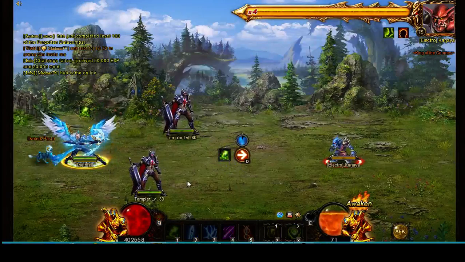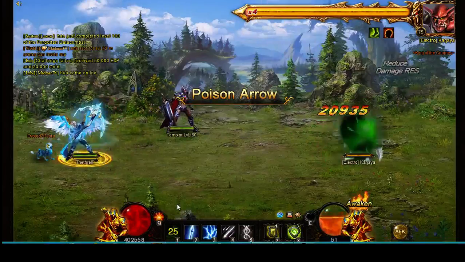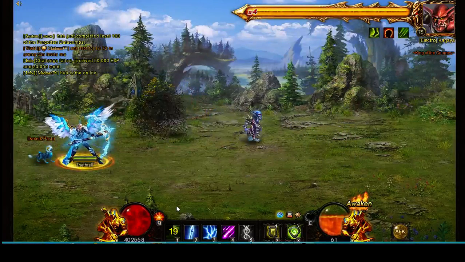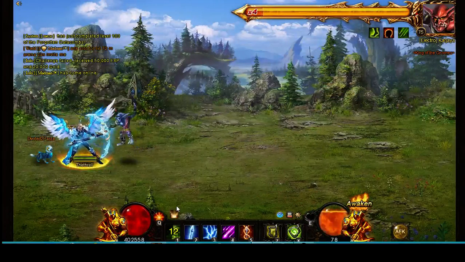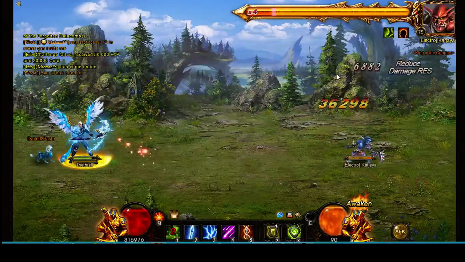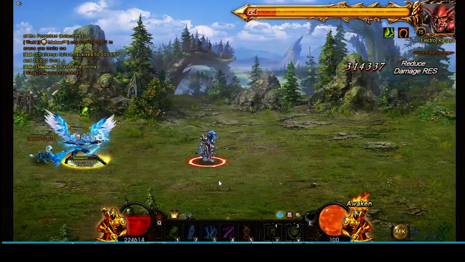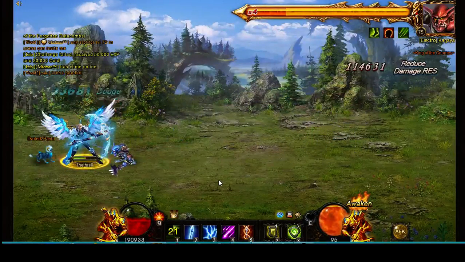Okay, now here's the big tester here. Let's see, some people are using Poison Arrow. Let's see what this thing actually does. That was a horrible demonstration. Need to get it with when it crits. But it's losing almost 24,000 health. So 45,000 damage. It's losing 23,000 health